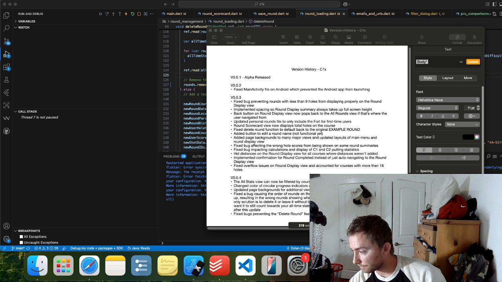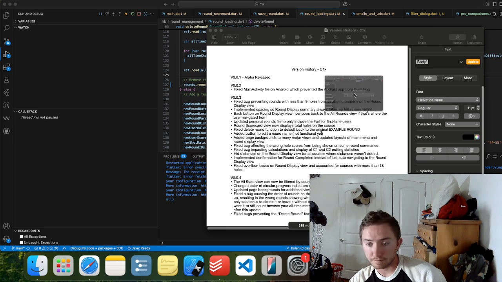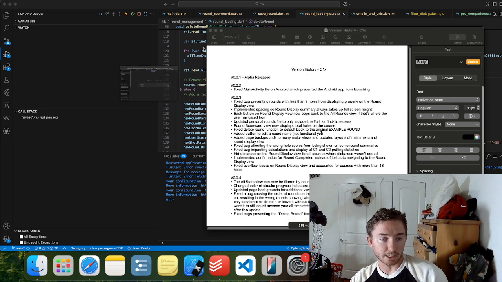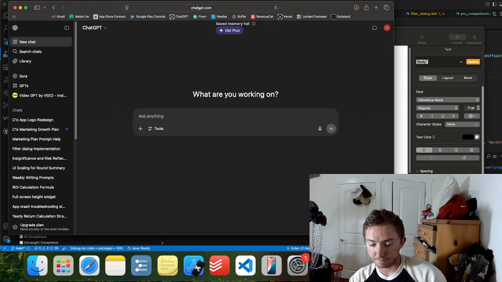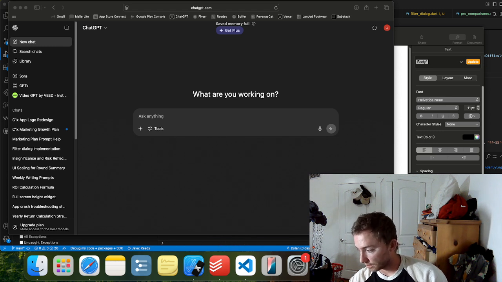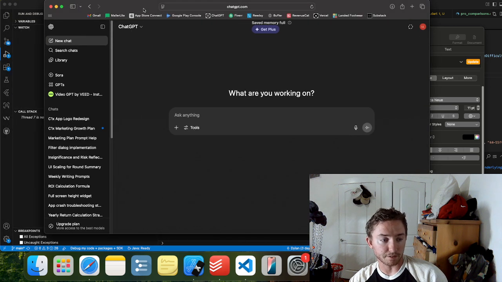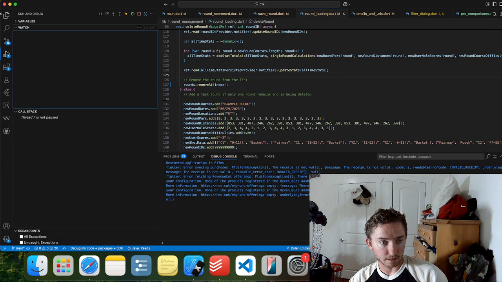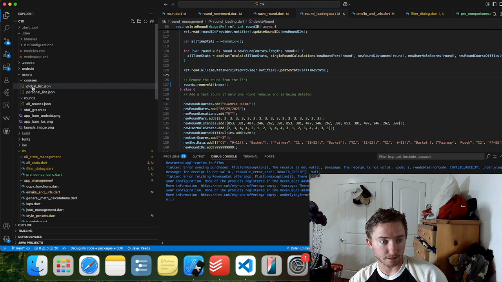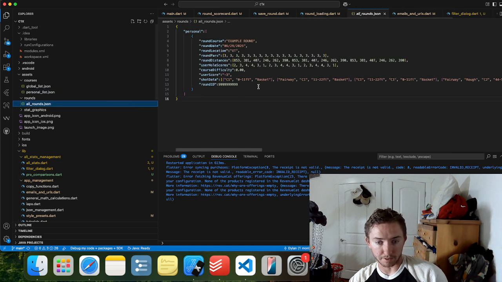One thing we can do: argue with ChatGPT a little bit more, but with something new at least. So I was going to give ChatGPT the format of my round data and just let it throw at me what it thinks I could do with it. I think I've got a pretty solid list so far, but